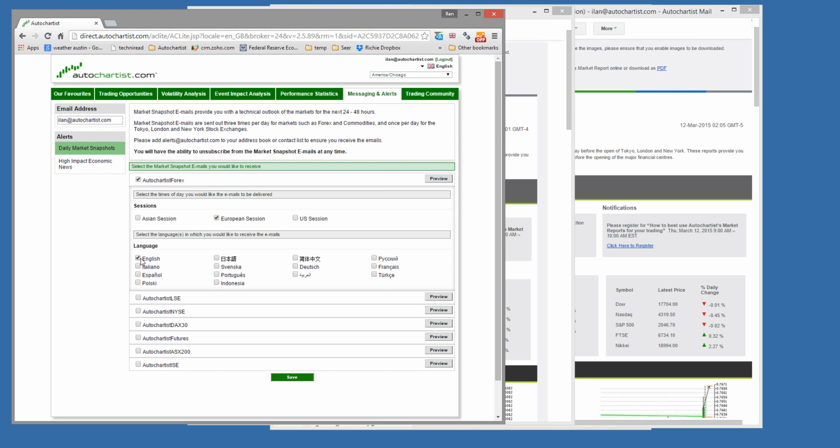And my native language is English. I do speak a bit of Russian, but I don't subscribe to the Russian report because although I speak a little bit, I read like a 5-year-old, so it's going to take me a while to read the report in Russian. So I subscribe in English, European session, and I would go ahead and click save, and now I am